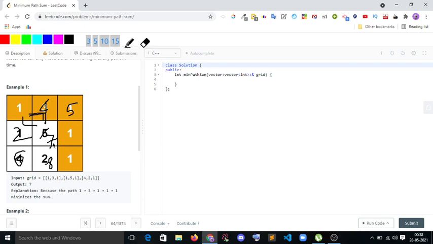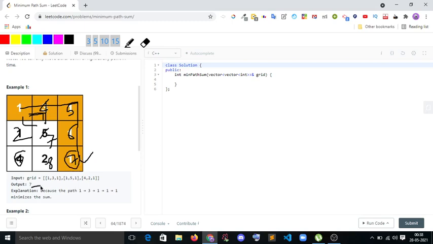So here actually 5 comma 7. So 5 is the minimum and definitely I will take 5. 5 plus 1 becomes 6. 6 comma 8, our minimum is 6. 6 plus 1 becomes 7. So this is our minimum path. 7 is the sum, it is the minimum, so this is the answer.